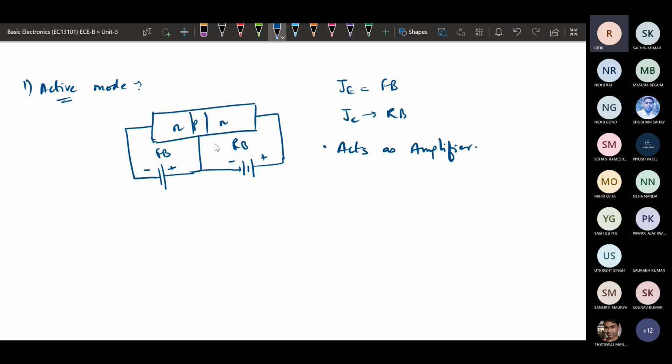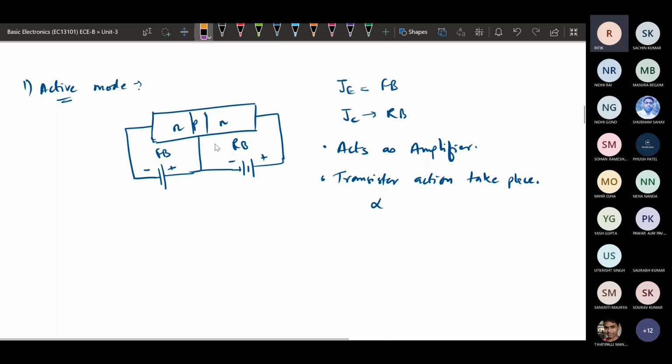Once it is behaving like an amplifier, we say that transistor action takes place in active mode. So what does it mean? Here we will have a current gain.